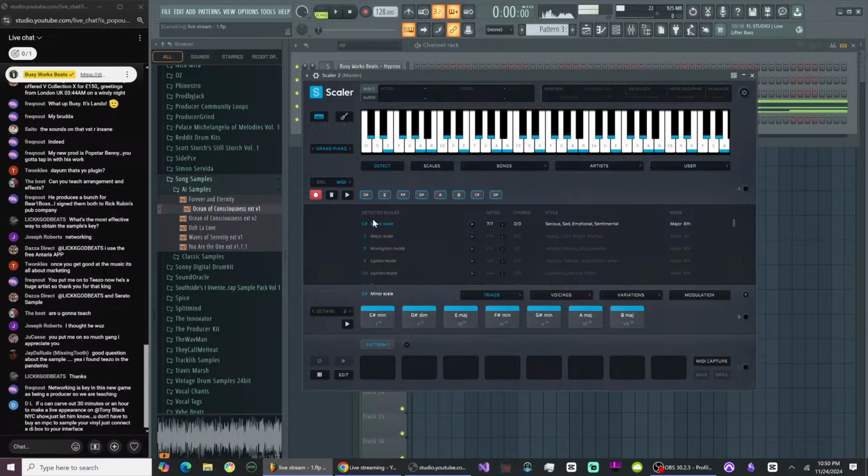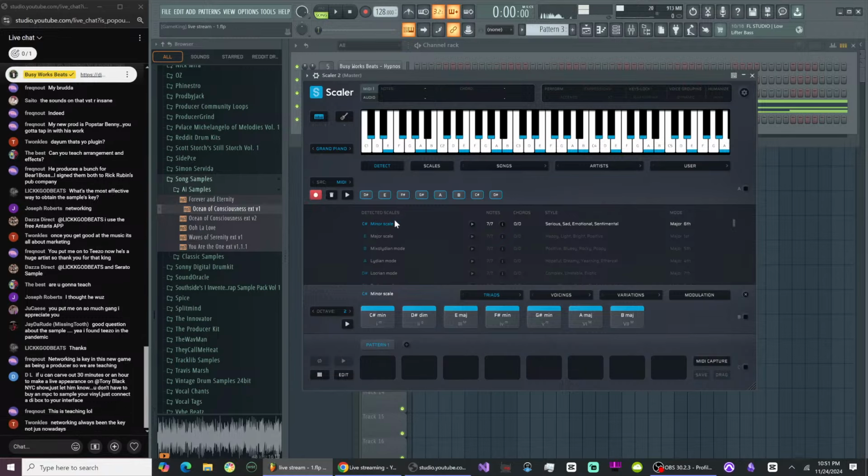And then it says, okay, the scale is C sharp minor. I'm not ear trained to where I could just be like, yo, we're in C sharp minor. It's impossible for me to do that right now. Maybe later in my life, but I'm not like Rick Beato level. So I use Scalar 2 to figure out the scale.